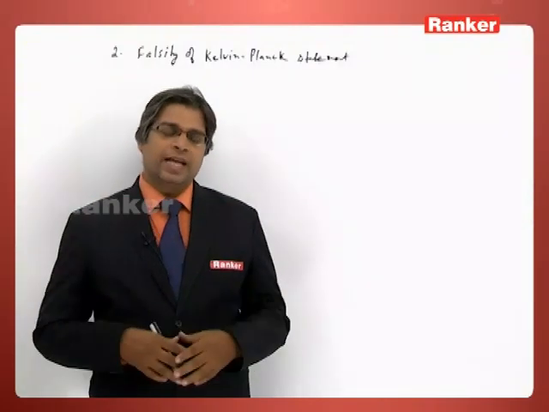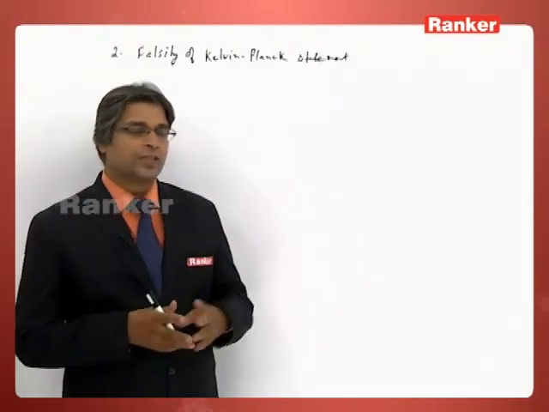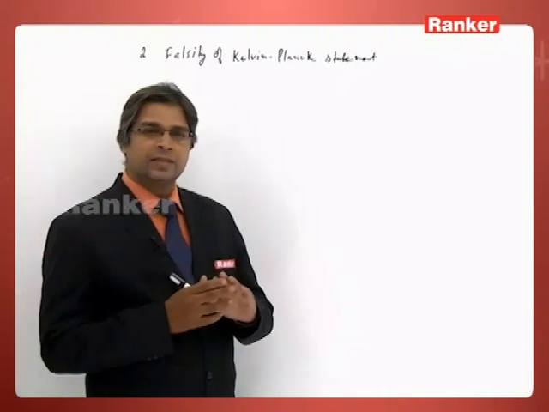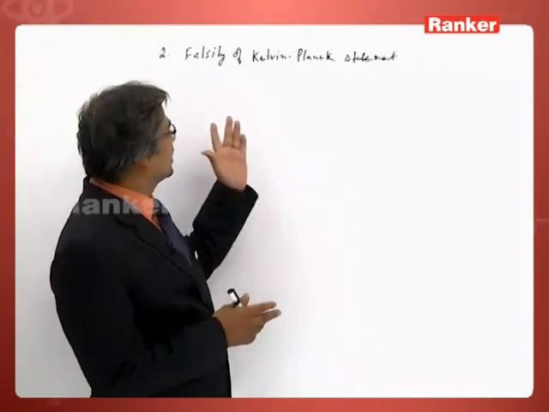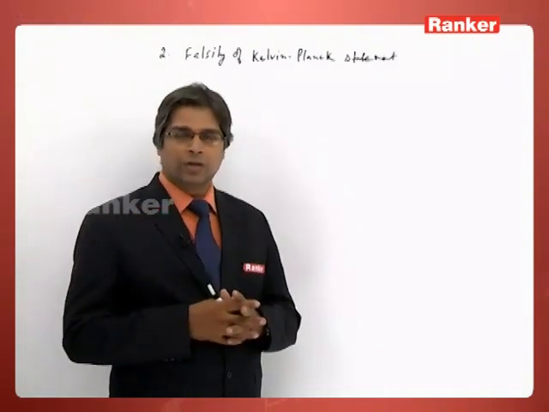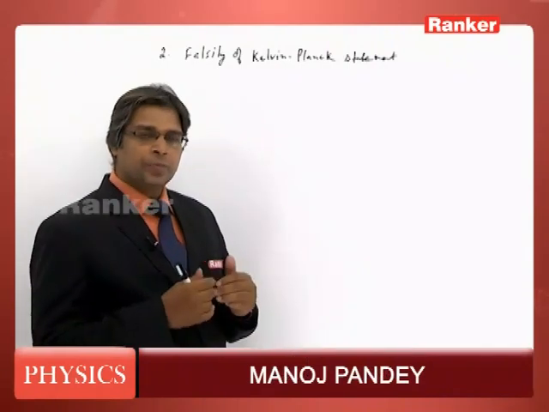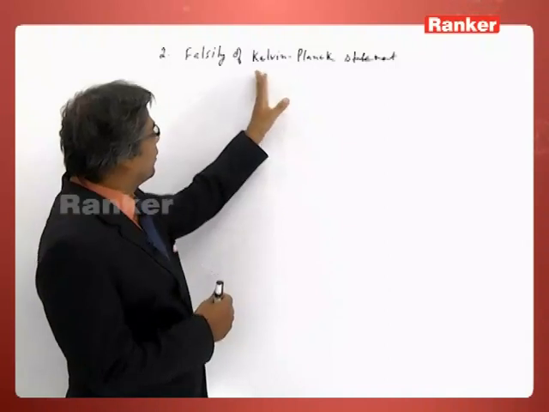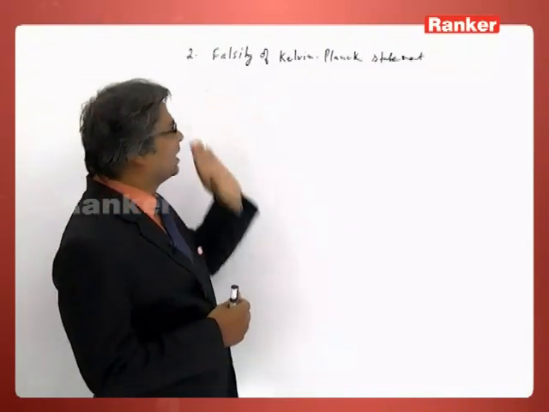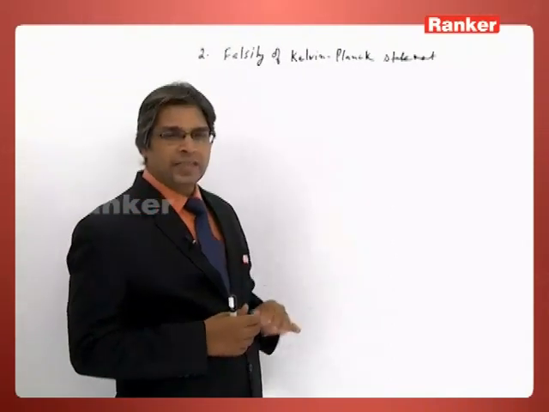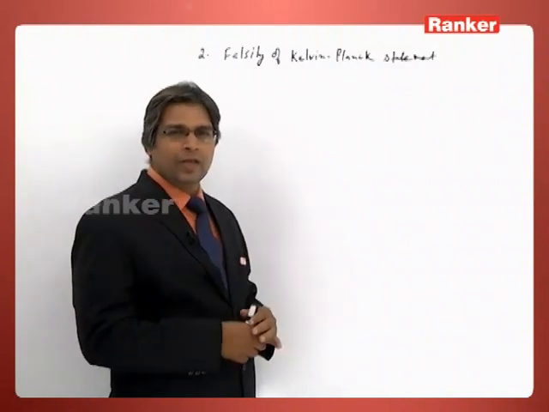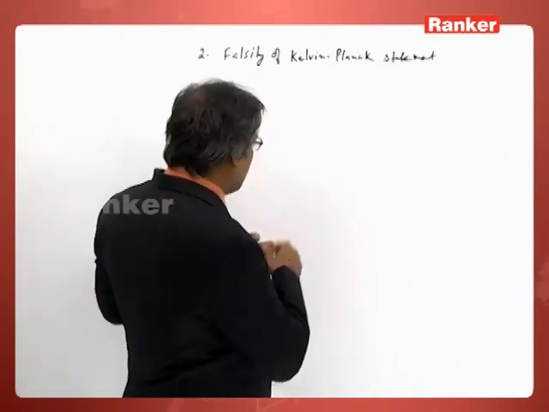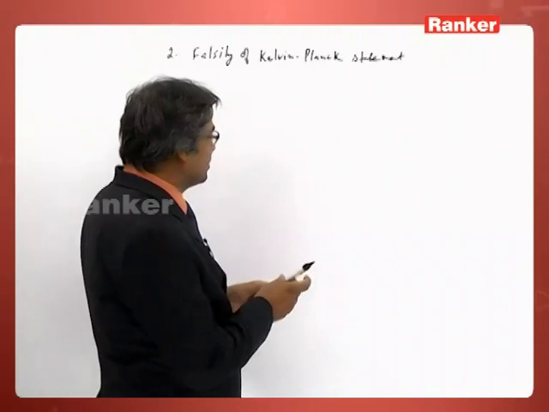So now we have already proved that the falsity of Clausius statement implies that the Kelvin-Planck statement is also wrong. Now, in order to prove that both are equivalent statements, we will prove that if Kelvin-Planck statement is false, then this implies that the Clausius statement is also false. So now again let us see